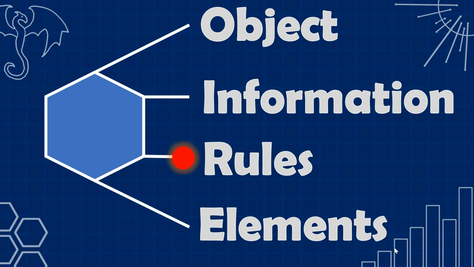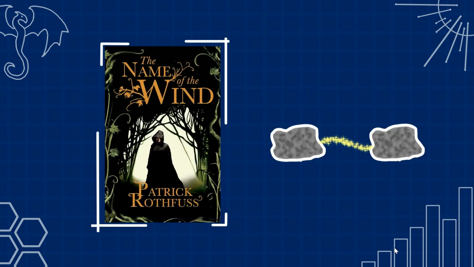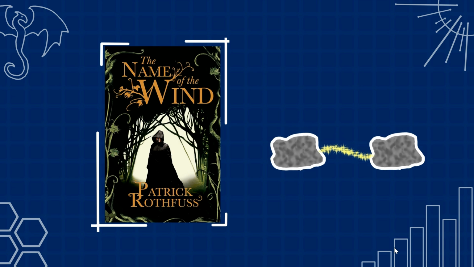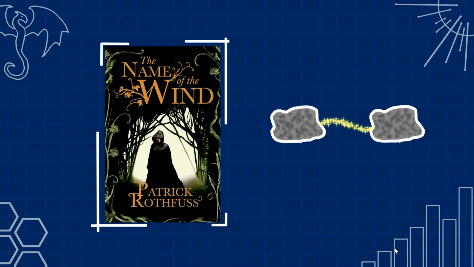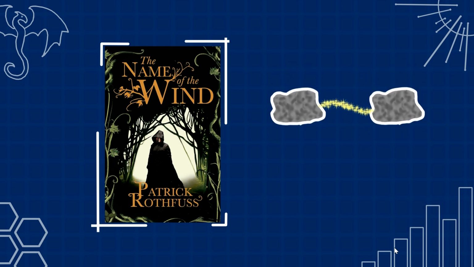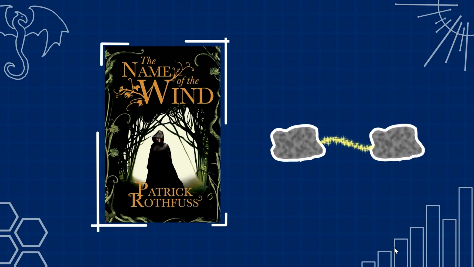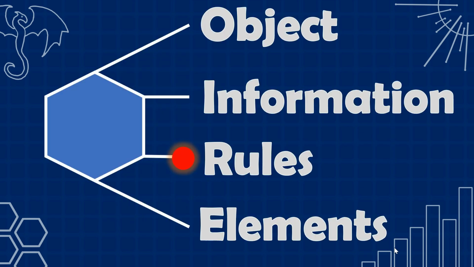Rules. While this might seem like something a computer scientist would say, yes, magic can be built around if-then statements. The best example here is Sympathy from the Kingkiller Chronicles by Patrick Rothfuss. In this system, the magic users create links between objects, so when an object is affected, the other suffers the same change. So if a stone is moved, the linked stone will also move. And this is not limited to position. Depending on the link, any form of energy can be transferred.